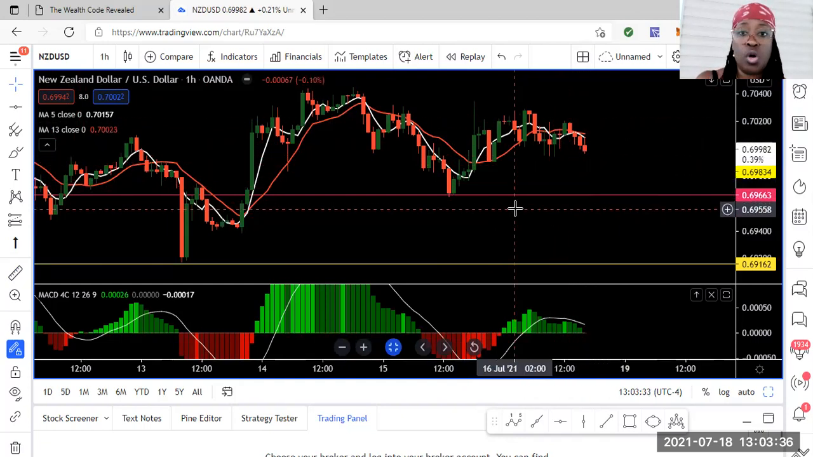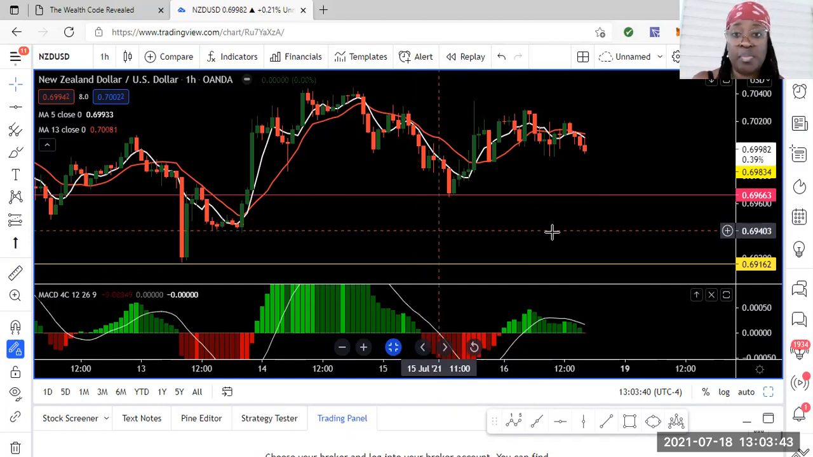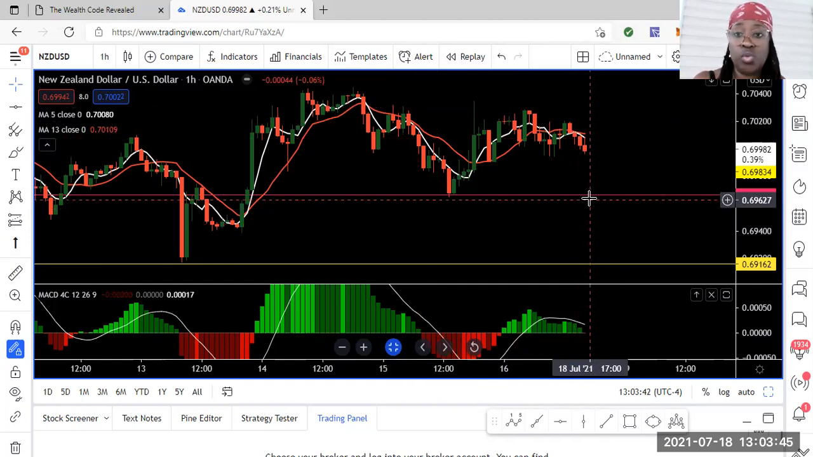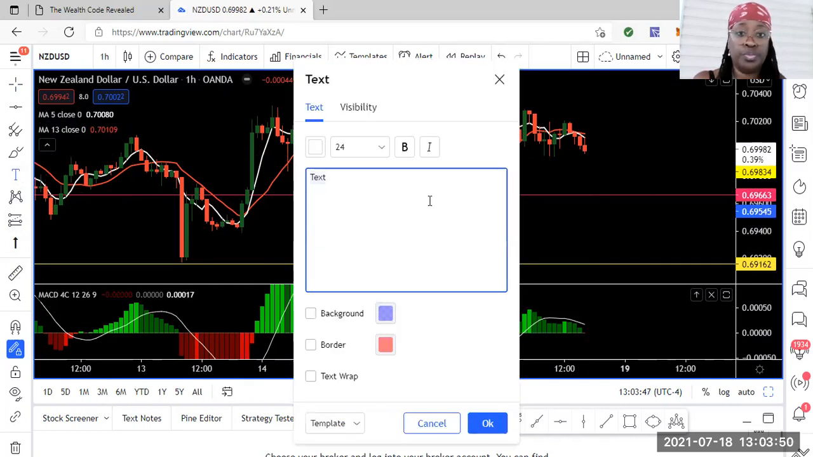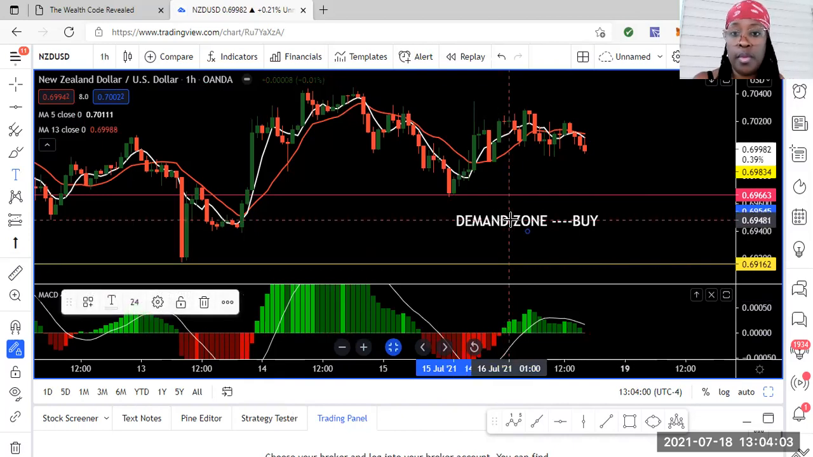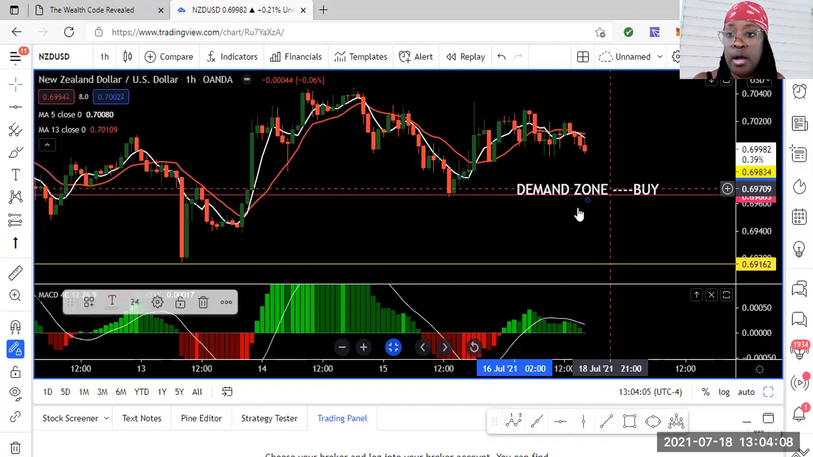Now, of course, price opens up in a gap most of the time, and we want to see what price is doing. So you always want to reassess, but that is the idea. So this would be a potential what? A potential demand zone. I'm just going to put demand zone. Potential buy at this area right here, which is